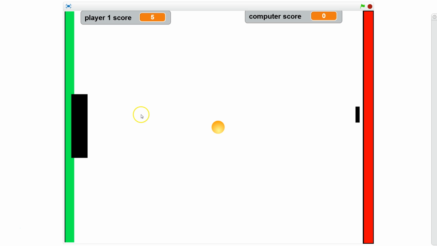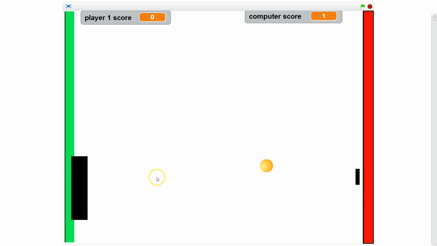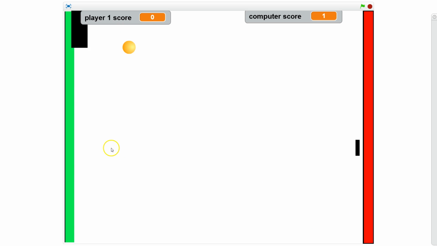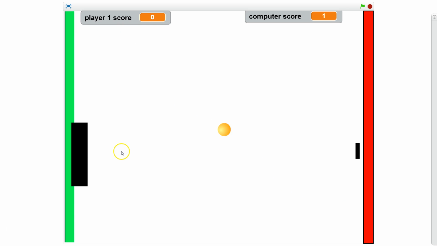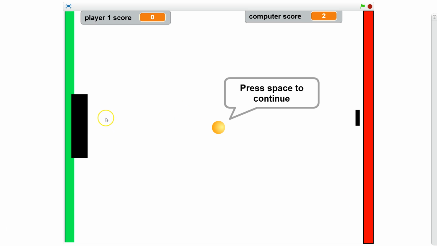Yikes. Round two. Yeah. All right, good times. Here we go. Let's give it a try. The computer has a huge advantage here. And you can see, even sometimes when you do hit it, ooh, got it that time. And again, ooh, got it. It's not impossible to beat the computer here, but he's moving so much quicker towards the ball,